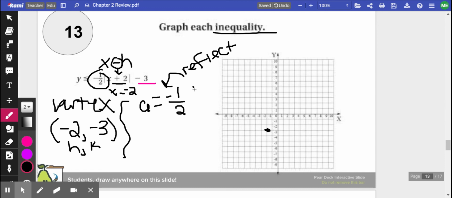So since it's negative, I'm going to go down and right. So I'm going to go down 1 and right 2. And I'm going to keep following that pattern, down 1, right 2, down 1, right 2. You would be doing this for either an absolute value equation or an inequality. Now remember, it's an absolute value